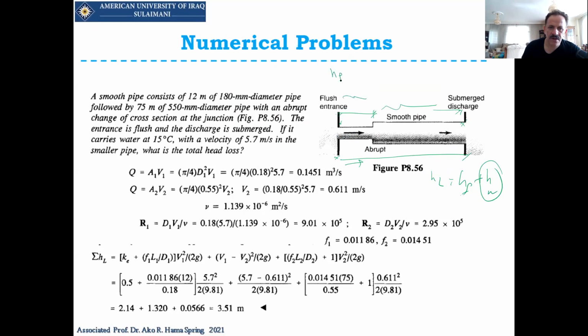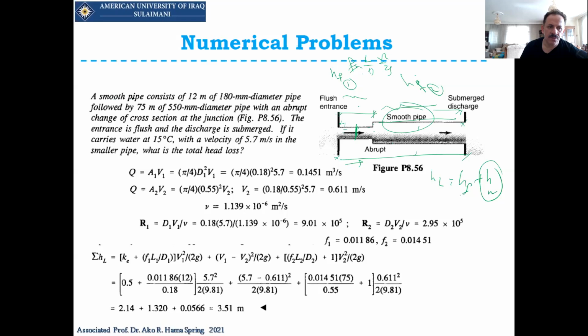So we will have to find the friction head loss from this pipe and the friction head loss from this pipe. For each of them, we have to use L over D times V squared over 2g times the friction coefficient of this pipe. So what we have to do is get their lengths and their diameters. And because it's a smooth pipe, we have to consider this one in our calculation.